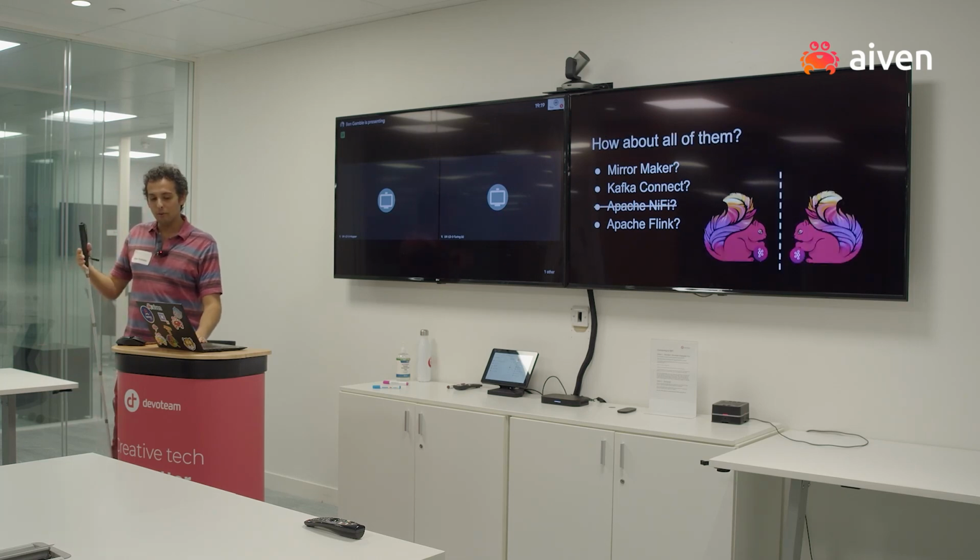So how about we use a bit of all of them? Well, not NiFi, because user interfaces we don't want to deal with. We want to make this all low code. So what we're going to look at is using a bit of Connect, a bit of Mirror Maker, and a bit of Flink. The Flink Squirrel, of course,